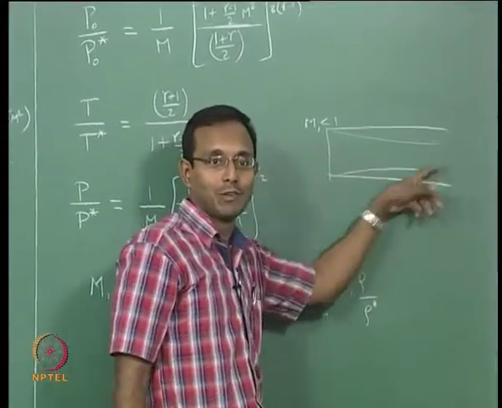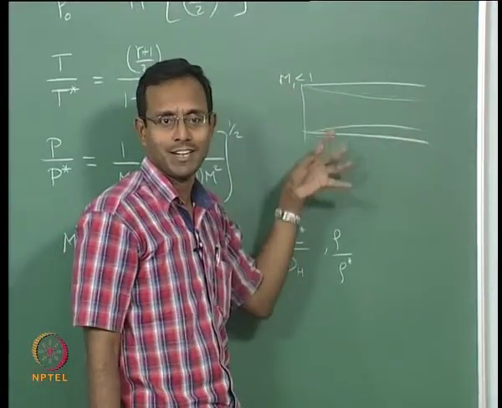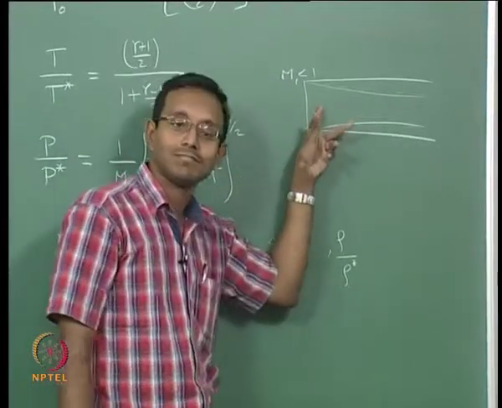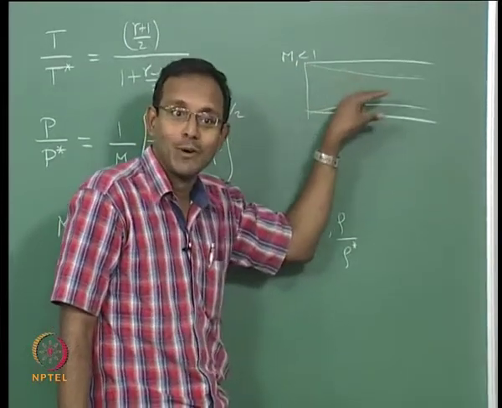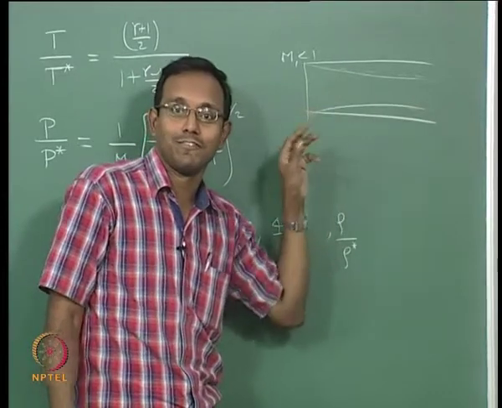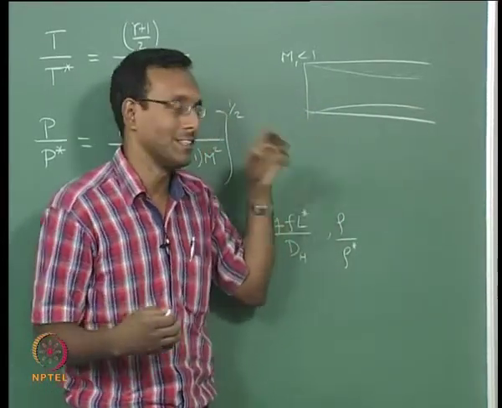Subsonic flow will accelerate to M equal to 1. If it is supersonic flow, it will decelerate to M equal to 1. You can think about that, exactly the same explanation. Okay. Now, if it is a more compressible gas, what will happen? It can squeeze more and go through for a longer distance. Okay. That is the kind of physical feel you should have, so that you can explain all these curves.